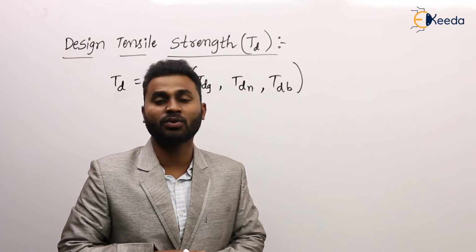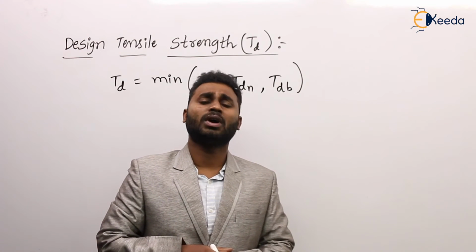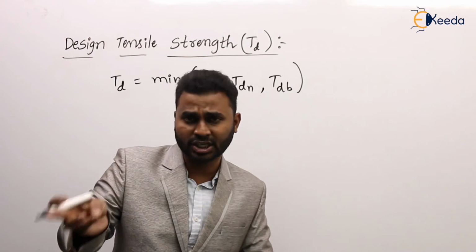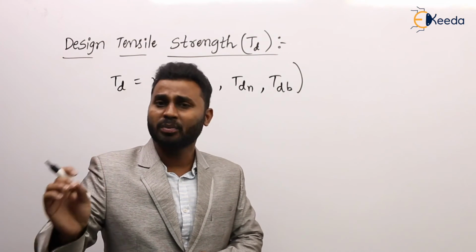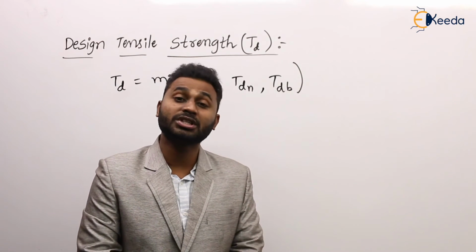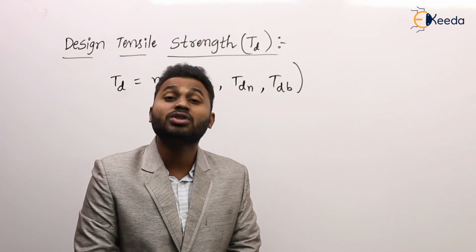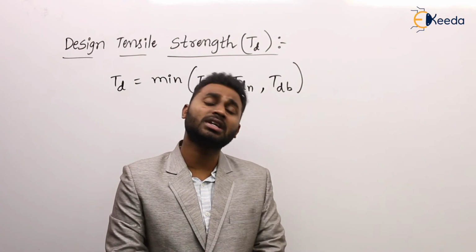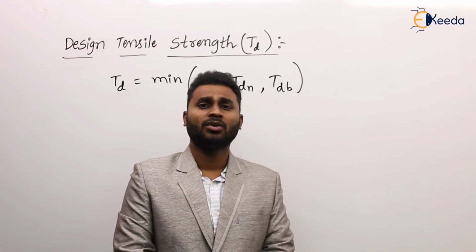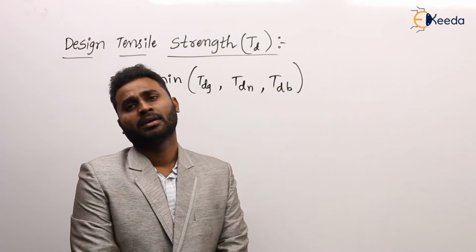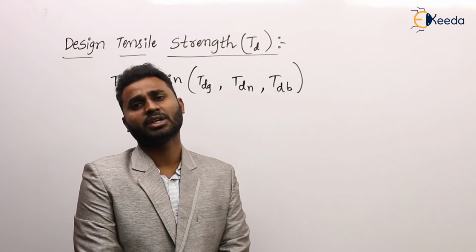our introduction of the design of steel structures. So what is introduction? What we have discussed in the introduction regarding the design procedure for any member, be it a tension member or compression member or beam, whatever may be the member, what is the design procedure and what are the codes we are going to follow? Tell me what are the codes we are going to follow and what is the design procedure for anything. Once think and try to remember. So what is the design procedure?